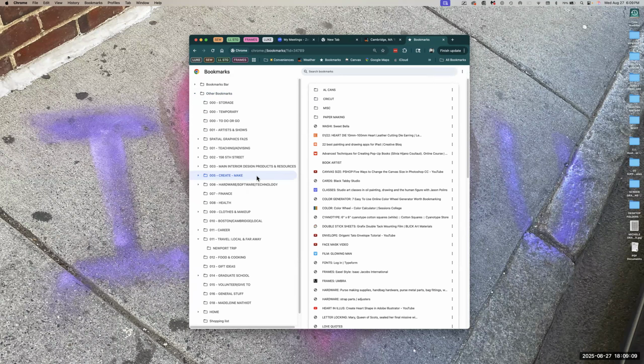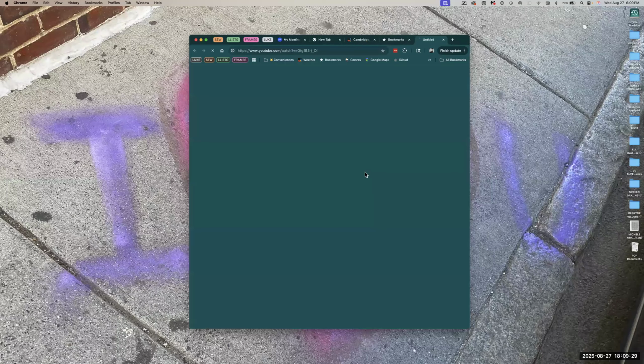Notice when I do select this and I right click, I can see that I have 63 in here. I can open all of them. I can open them in a new tab. I could create a tab. I could open them in a separate window, two different kinds. I can delete, I can rename. So again, any of these in here, I click on,